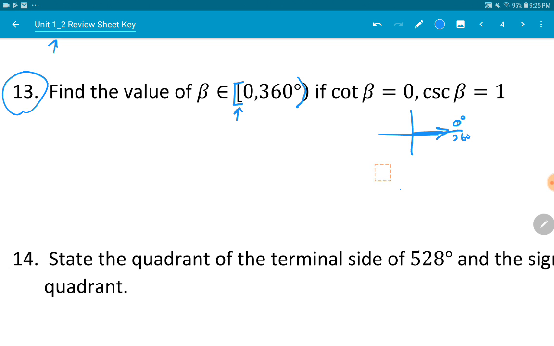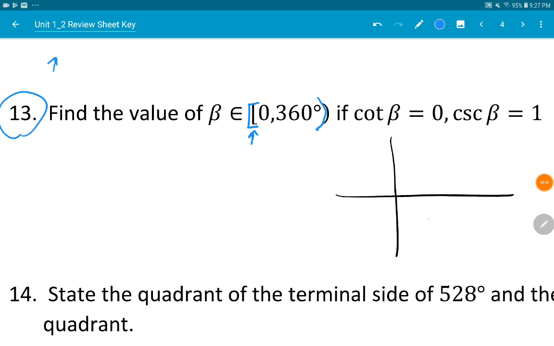So that's that notation. Okay, so now I'm going to use my axis here. If cotangent of beta equals 0, then I have cotangent of beta is equal to, let's see, the inverse of tangent. Tangent's y over x, so cotangent is x over y. So we've got our initial side right here, and some point after beta on our terminal side, I'm not sure where that lands yet,